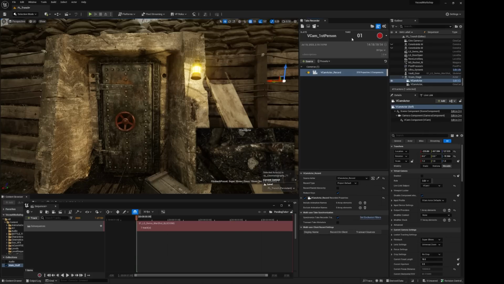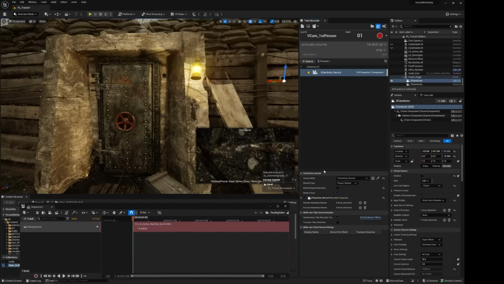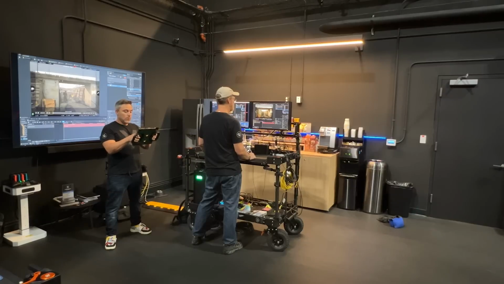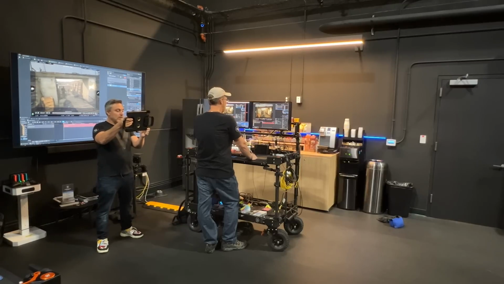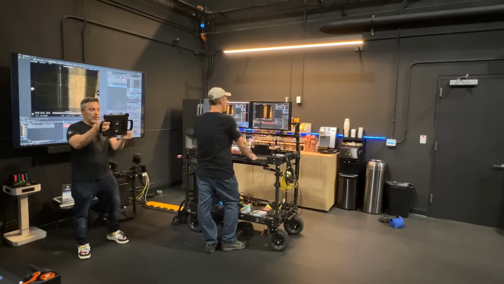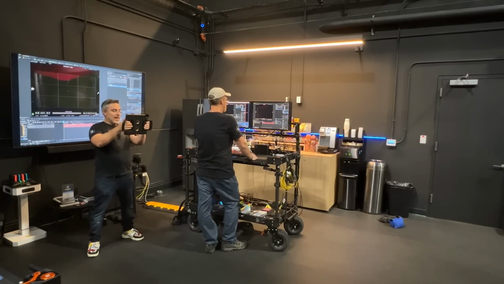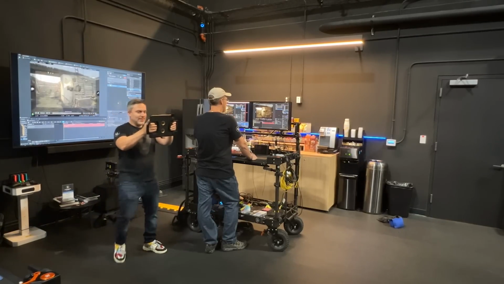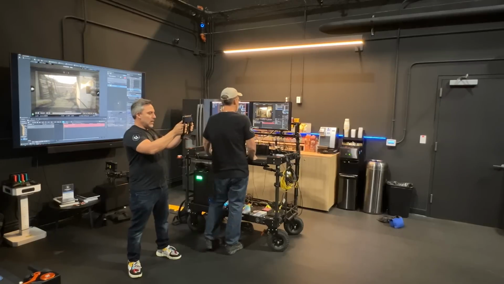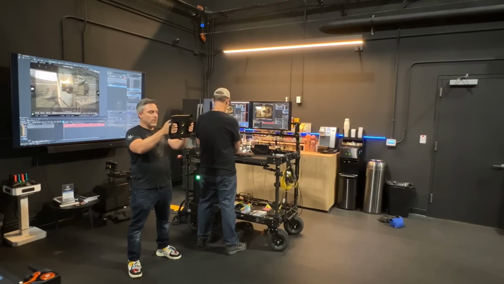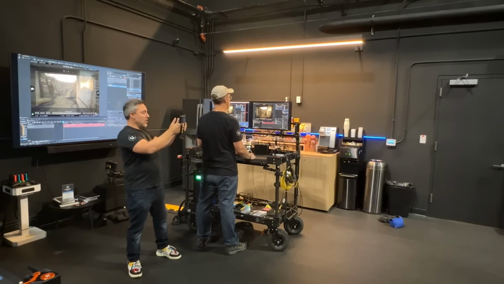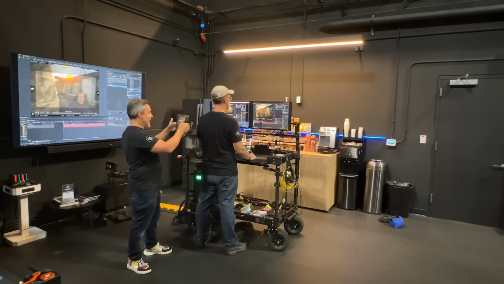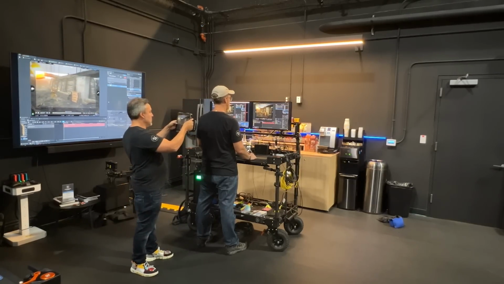So okay, we have the VCam set up. We have the name to the take. We are enabling the VCam here. Got it. So I'm gonna connect now to the Unreal session, and I'm gonna go now to a bookmark that I created before, which is right here inside the door, and I'm gonna check the lensing. Right now I have, Tony, can you hit G so I can get rid of all the extra OS thing? Thank you. So right now I have an 80 millimeter lens, which is probably what